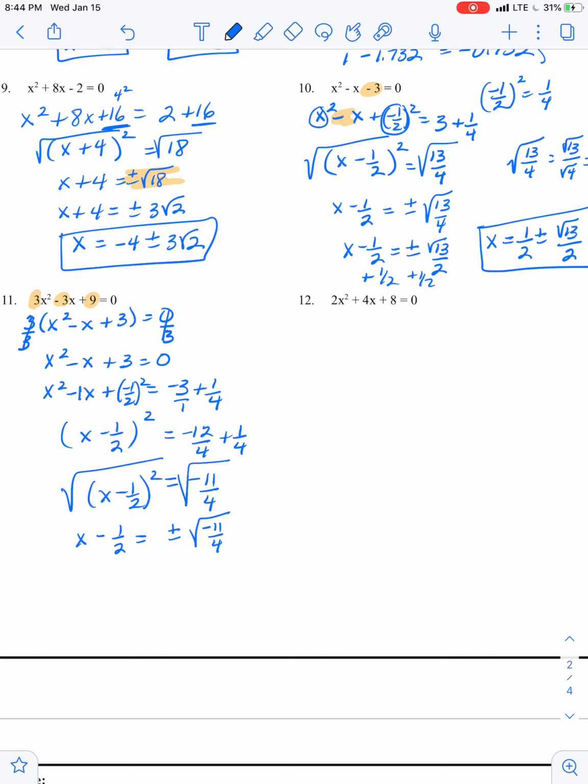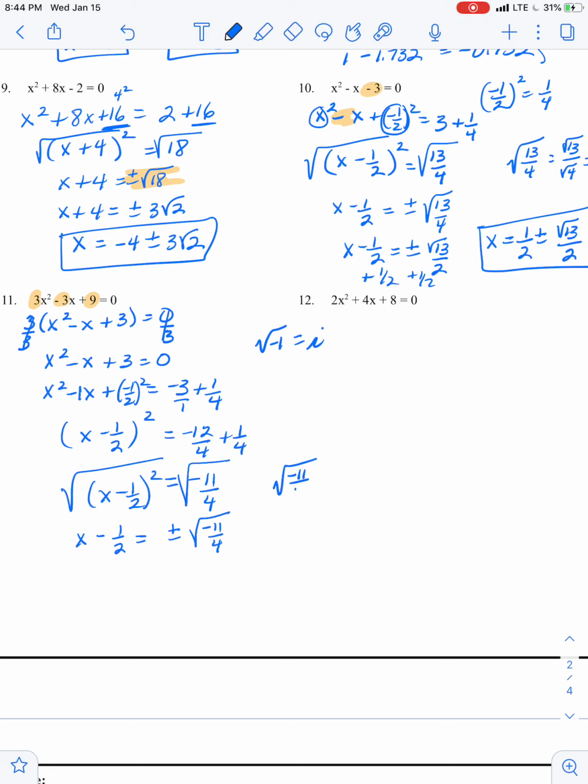Now, again, by the time you get to an example like this, we should have discussed this in class. One is you cannot have a negative under the radical, and so that is, again, where our imaginary number occurs. So the square root of a negative 1, remember, is i. We're going to take out that negative 1. And so when you go to simplify this,